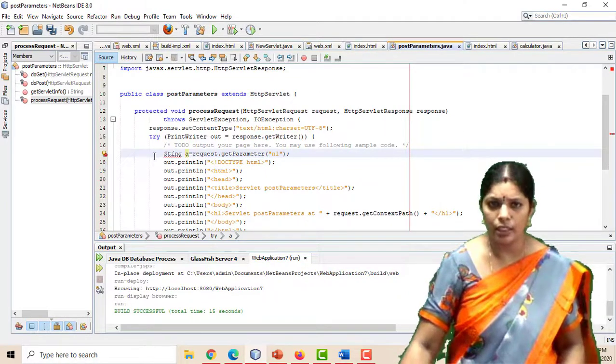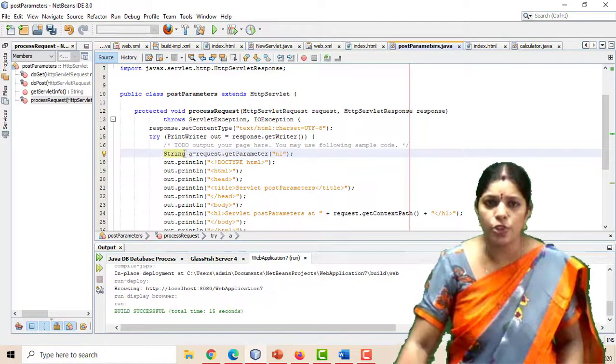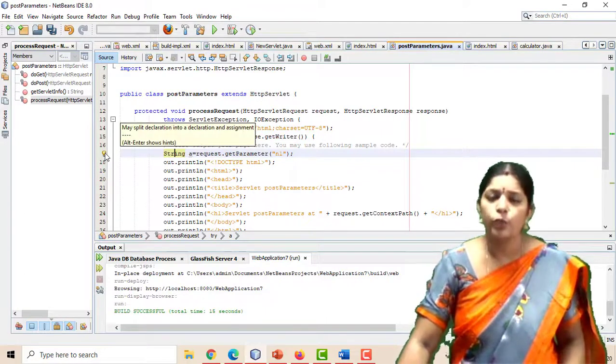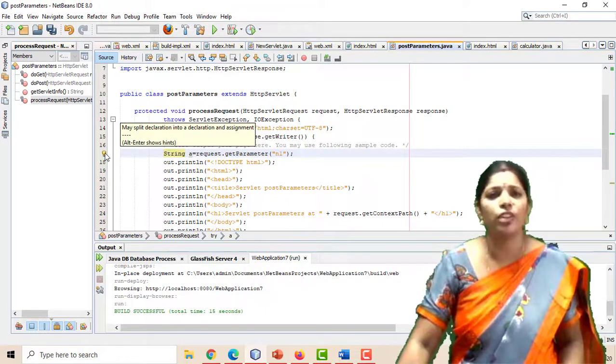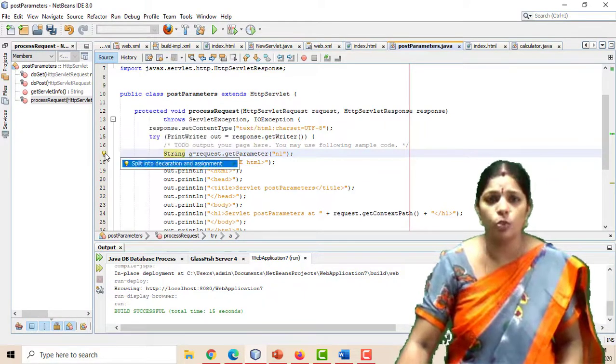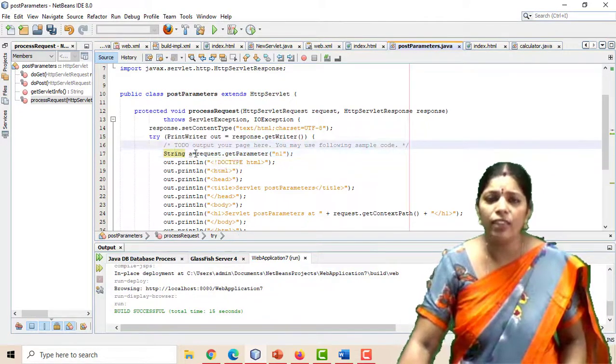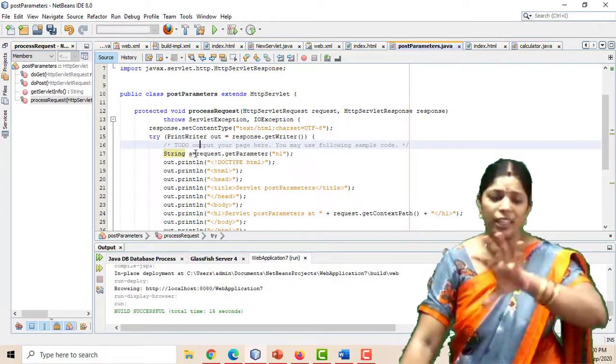If there are any errors, here we are getting one error, about the string. It is one warning: yellow symbols are warnings, but red symbols are errors. It is about declaration and assignments, so a is not given any assignment.